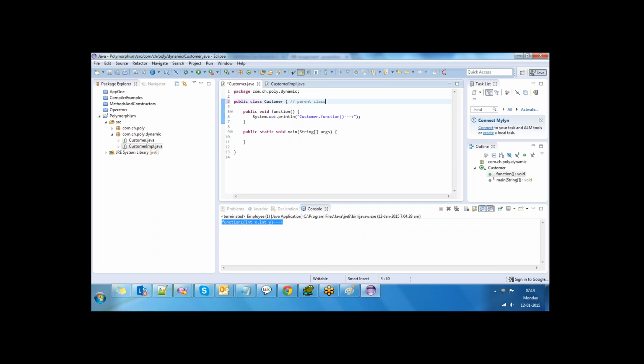Parent class. What are the parent class methods? function(int i).